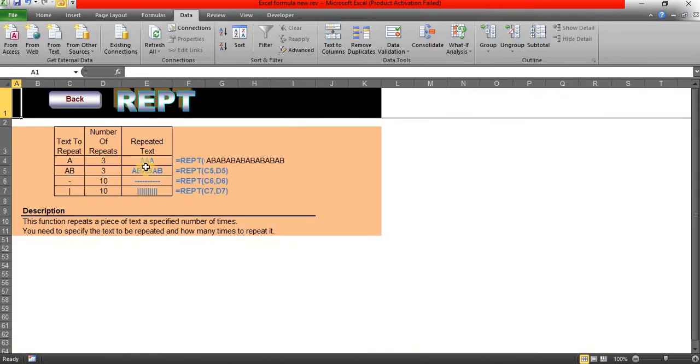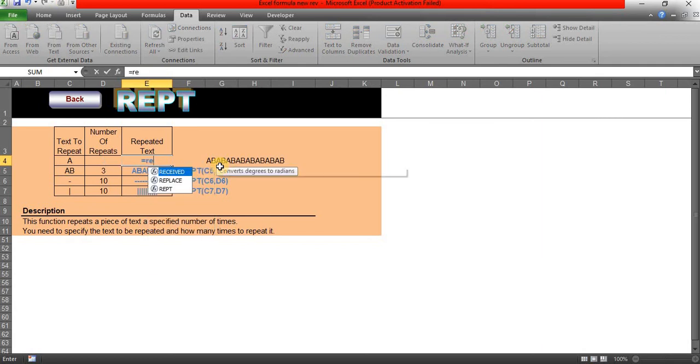And the REPT formula. This will repeat the text multiple times based on certain criteria. For that, equal sign REPT. Then you need to select the particular text. Next, comma, number of times, whatever number of times you want to repeat the particular text. Now I want to repeat this text around 50 times.